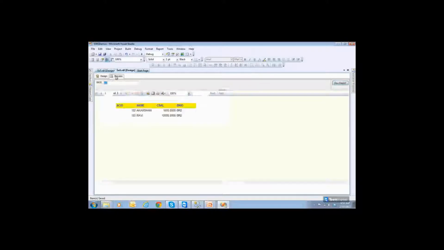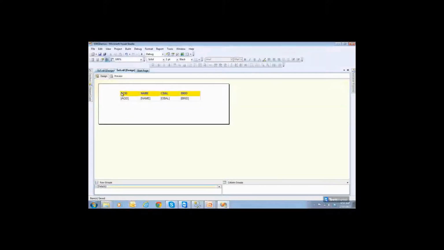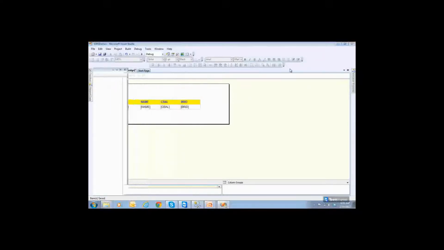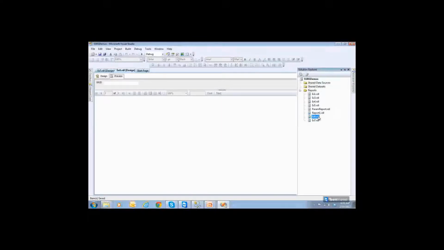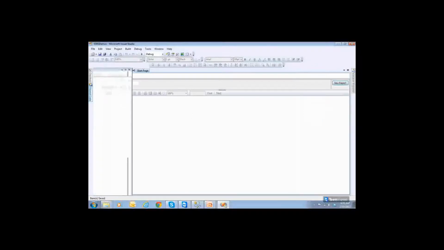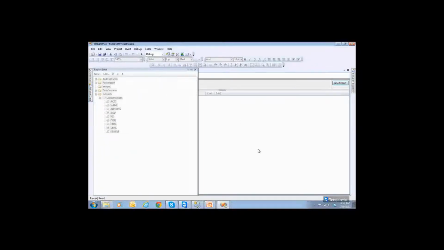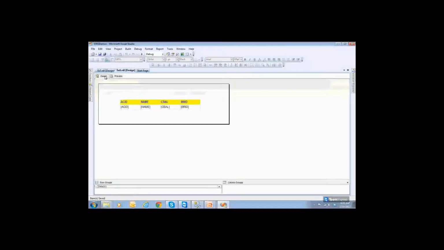So go to design mode. I'll just show you the scenario again. So what I'm doing is, I'm going back to BR6 now. I'll show you the entire report once again, so don't worry. BR6 is a normal report. Here, I would like to create one more hyperlink to the BR7. So I'm going back to design and drag and drop a text box there.